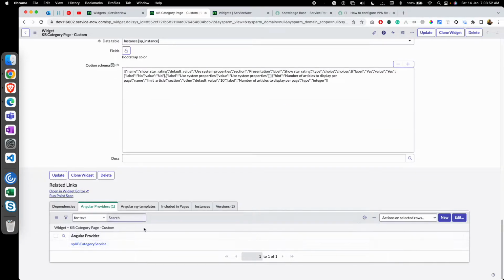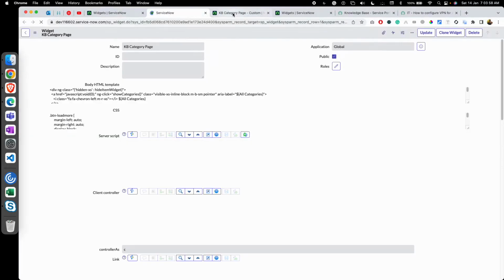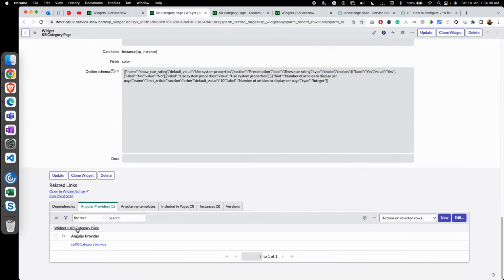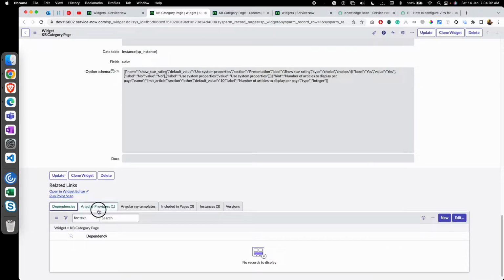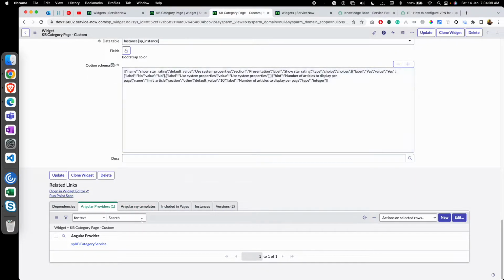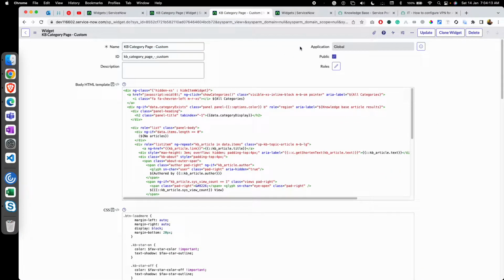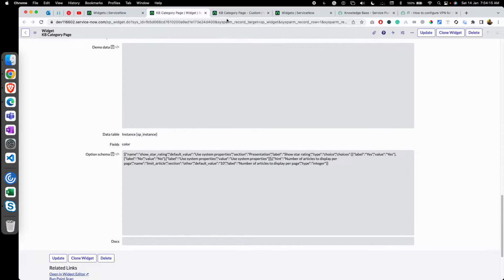So the dependencies also came, so no issues. I'll quickly cross check again if any other dependencies are there. So dependencies are not there, but only Angular provider is there. Templates are not there, that is fine. Okay, so we got this cloned, and the next thing I'll do,